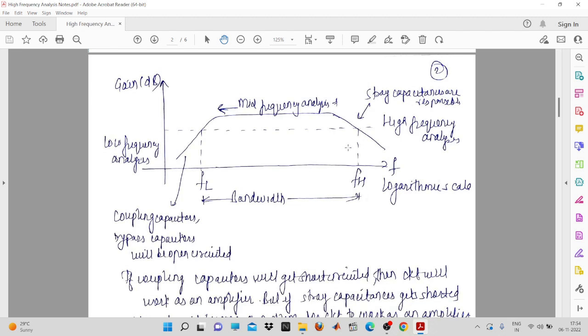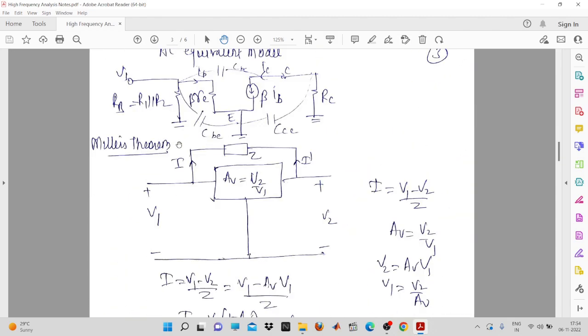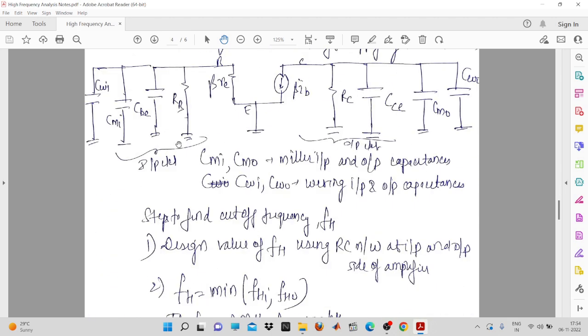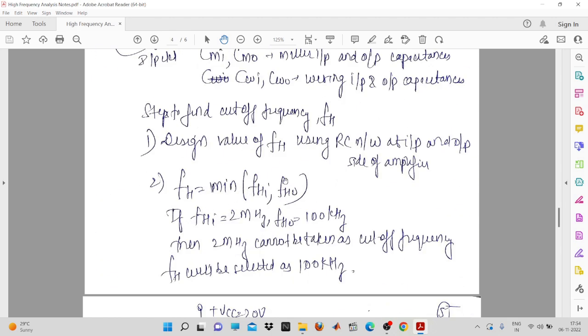Now if you are going to select this value, then at this frequency the gain will be minimum. We want to have the finite gain for all the frequencies. That is our main intention, and therefore we will have to take the minimum of the FHI and the FHO. Now this is the cutoff frequency for the input network,